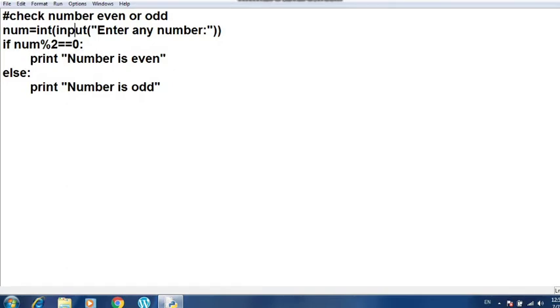I am not going to erase this whole program, I'll just erase the comment section here and write positive or negative. The num part is already written because I have to take the input from the user. Now I am going to check the condition: if the number is less than 0, then print the number is negative, else, in the else part, I am going to write print the number is positive.